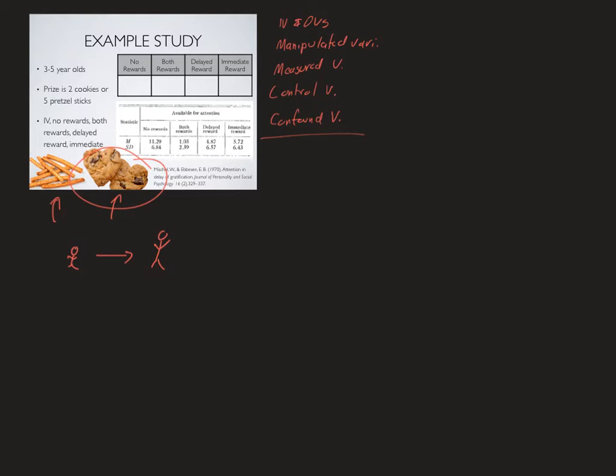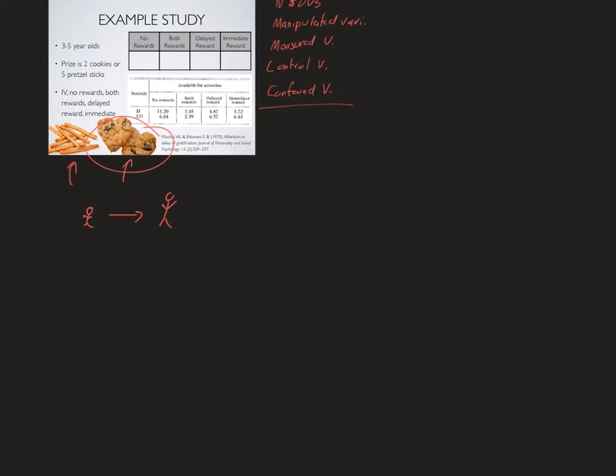Now, keep in mind, this has nothing to do with the manipulated variable, the measured variable. Here, they just want to make sure they know which one they prefer, which one is least preferred. They kind of want to make sure the cookies are the most preferred reward, right? So, okay, without actually going into the IV and levels, then the children, okay,